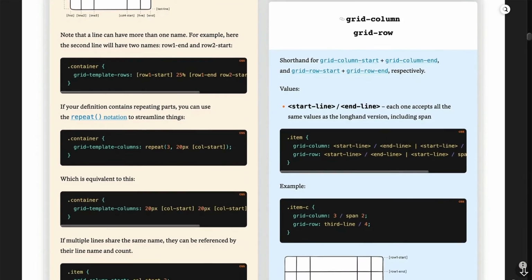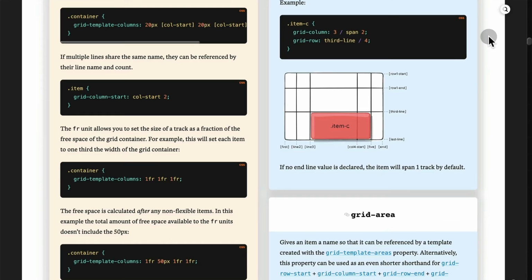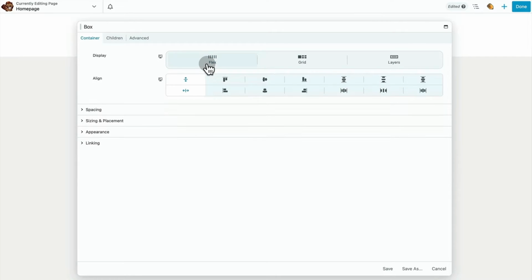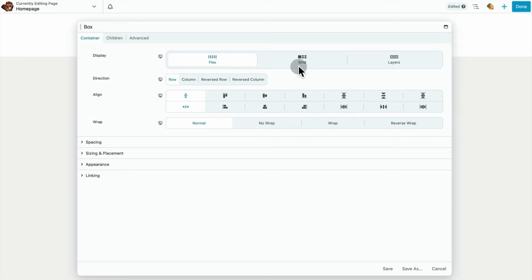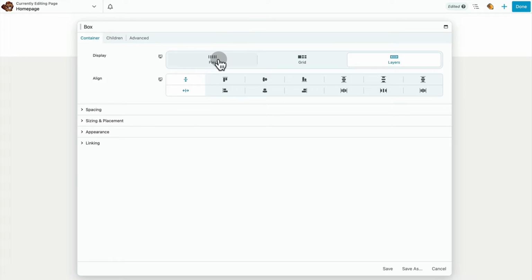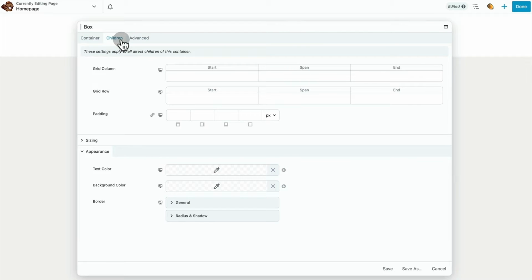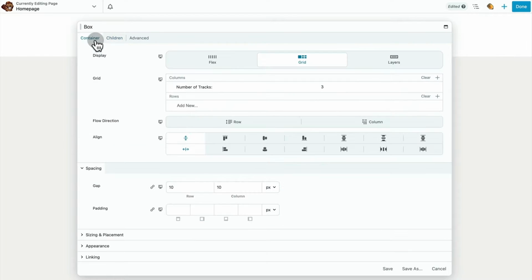We're using the box module interface to create layouts using CSS Grid and Flexbox layout models. And that's reflected here in the display settings. You see that we have 3 choices for display settings: Flex, Grid, and Layers. And you'll see that some of the options on the interface change depending on the type of display I have selected. The main settings up here at the top of the Children tab will also change depending on the type